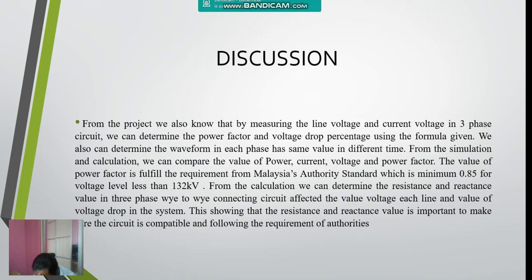So I go to discussion. From the project, we also know that by measuring the line voltage and current in a three-phase circuit, we can determine the power factor and voltage drop percentage using the formula given. We also can determine that each phase has the same value at different times. From the simulation and calculation, we compare the value of power, current, voltage, and power factor. The value of power factor fulfills the requirement from Malaysia Authority standard, which is minimum 0.85 for voltage less